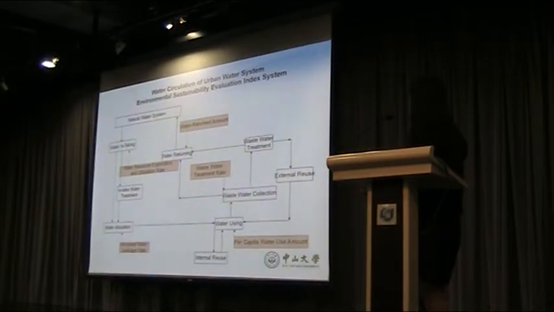This circulation. So we have some points to control our efficiency and effectiveness of the water use in this water system. And also for each point, we put the sustainability evaluation index there in order to evaluate